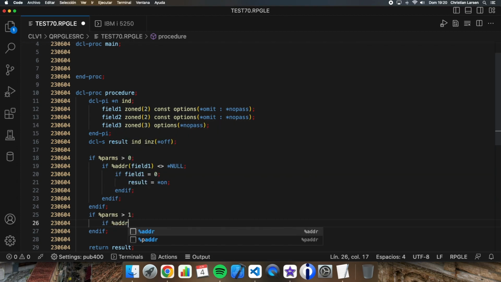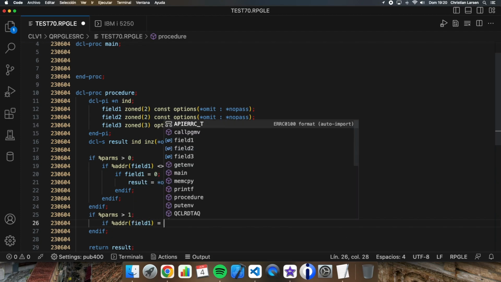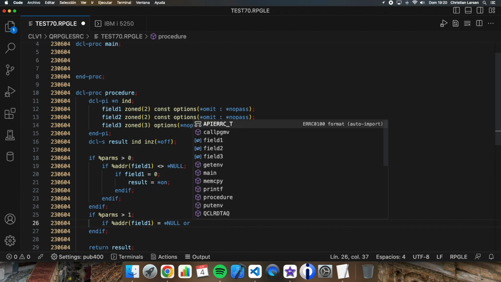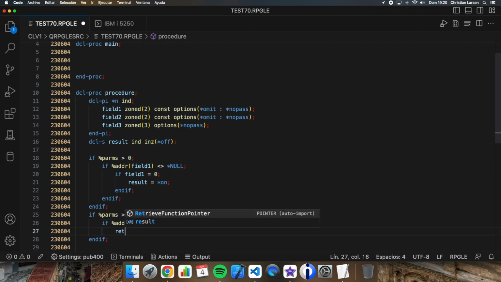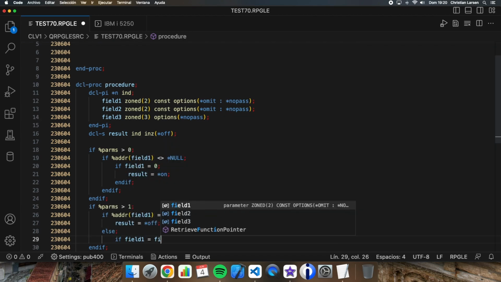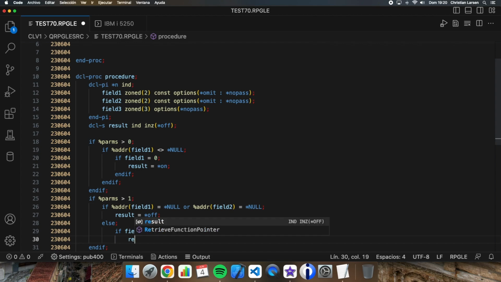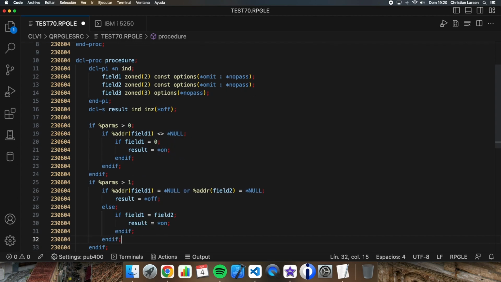If address of field 1 is null, or address of field 2 is null, then the result is off. And if field 1 is equal to field 2, then the result is on. Okay,